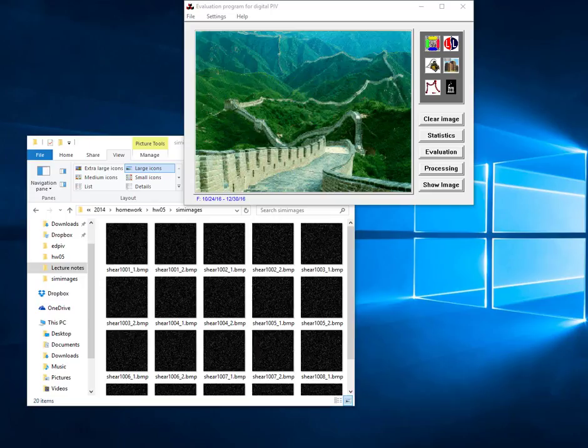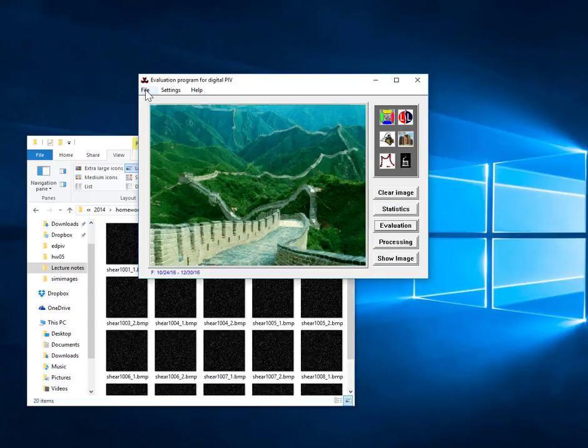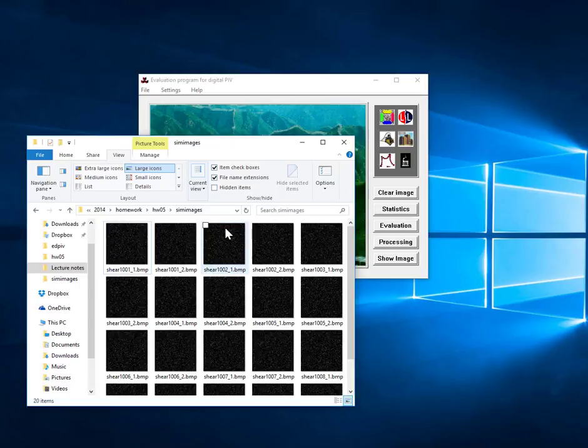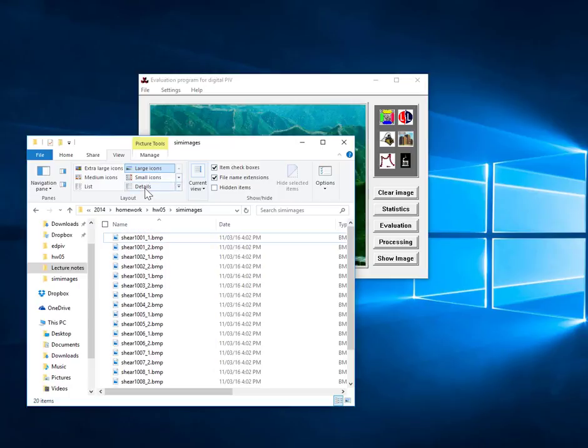This tutorial will show you how to use EDPIV to analyze a group of images. So we'll start off by launching EDPIV, and we'll consider a group of images that I made with the simulation tool that I showed you in another tutorial. And as you can see from my directory here, I have 10 particle image pairs